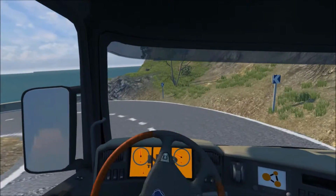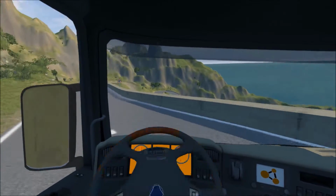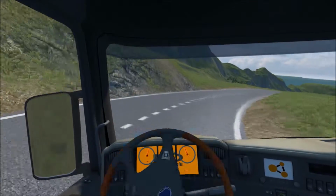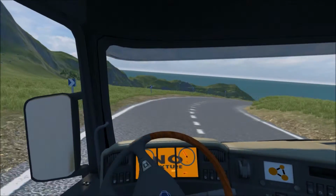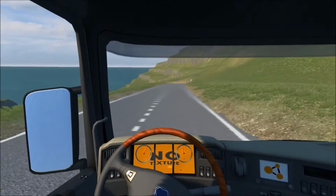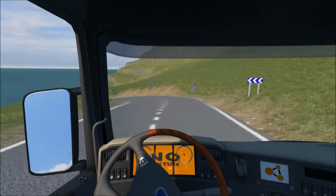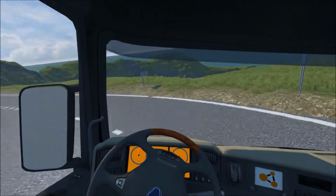It's a weird thing to say, but this is a really unlikely vehicle to tip over. I honestly question the physics of this because I could fly into corners, and what should have destroyed the truck, it just took the corner in a way I don't remember any other vehicle taking the corner. It's lovely. The only problem is it's got a bit of understeer and it's held back on the straight line